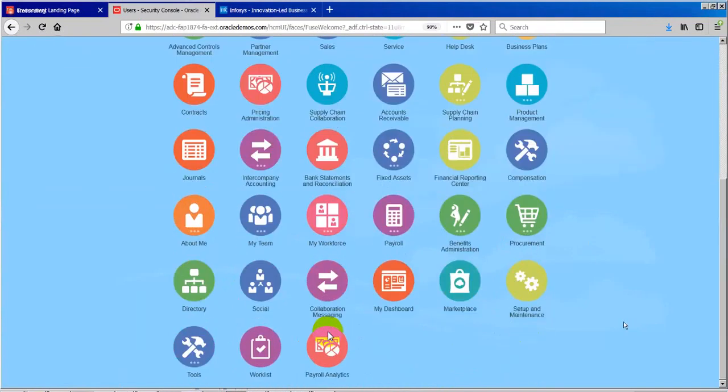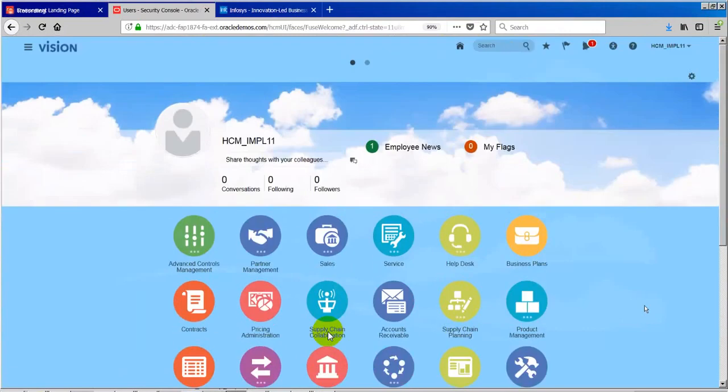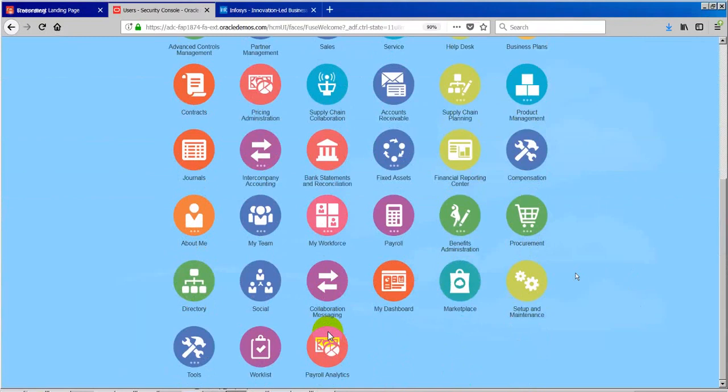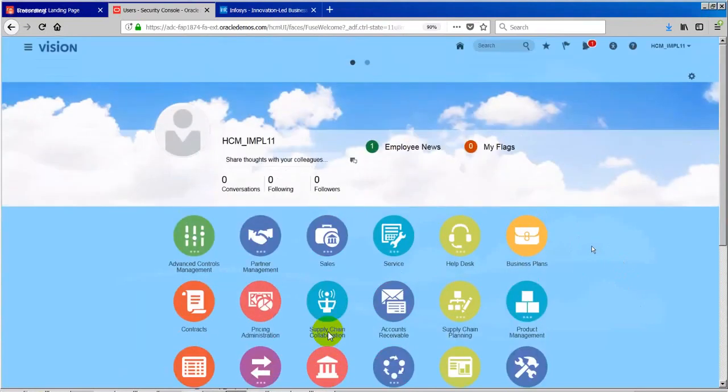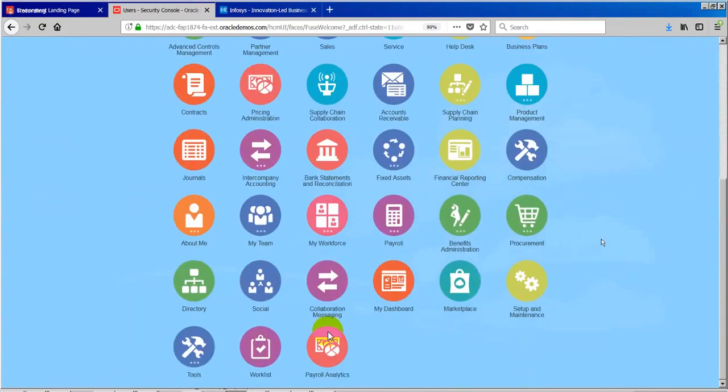Tomorrow we have one final thing called abstract roles. Maybe first I will take abstract roles, and second we will start with some configurations like scheduling jobs. How does the concurrent manager work in the Fusion application? How can we schedule jobs, schedule a request, create a request set, and run that? So some configuration details we will see tomorrow, and from the day after tomorrow onwards, we will start with the inbound integrations. And tomorrow, maybe last, we'll try to cover the finance data security policies, tomorrow or later.